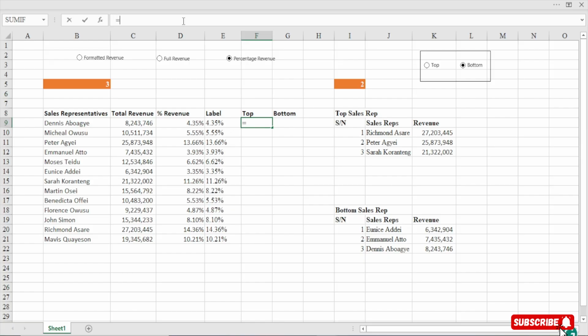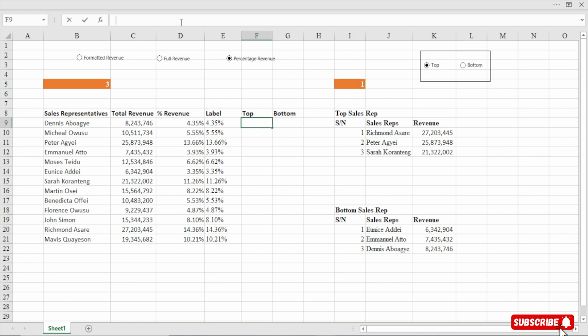So I'll say if this number, right? So watch it. We also have to give it a name, right? So select this, come to the name box, and then name it as top bottom BTN, right? Enter. So this one, if it is 1, it is top. If it is 2, it is bottom, right?